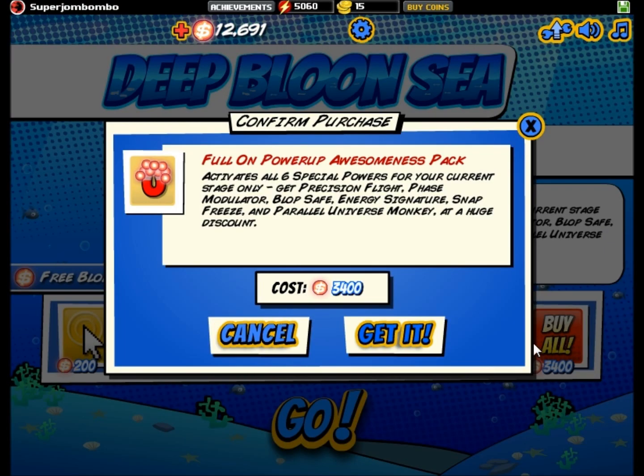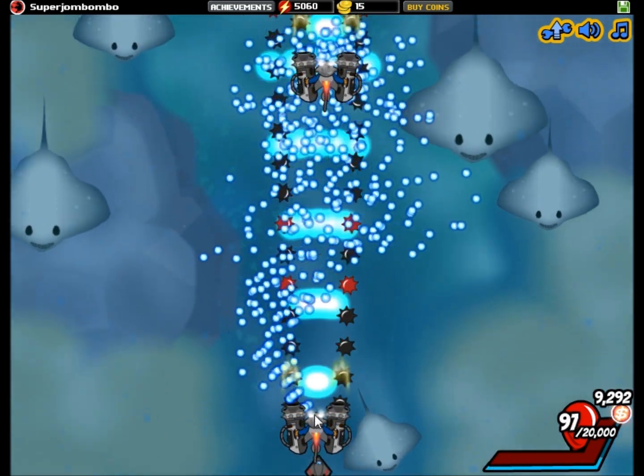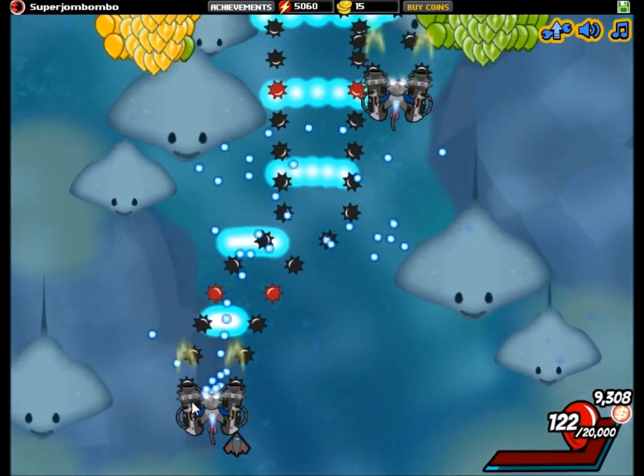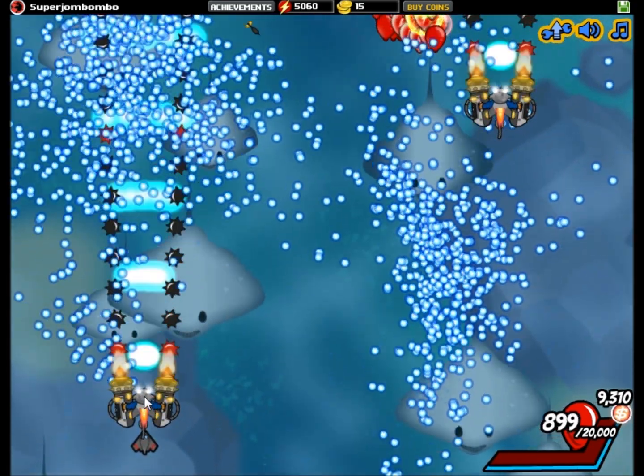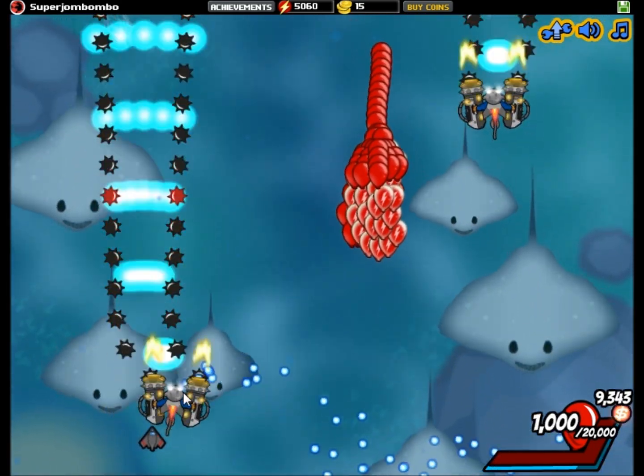Hello there everybody, Deep Bloon C, Stage 5, and we're gonna get Diamond today. So first of all, upgrade all of those little perch things. Just buy them, they're only like 3,400 altogether, so it's really not that bad for getting a Diamond done with these levels. As far as blobs go, just say screw the blobs, you don't even care about them, just get